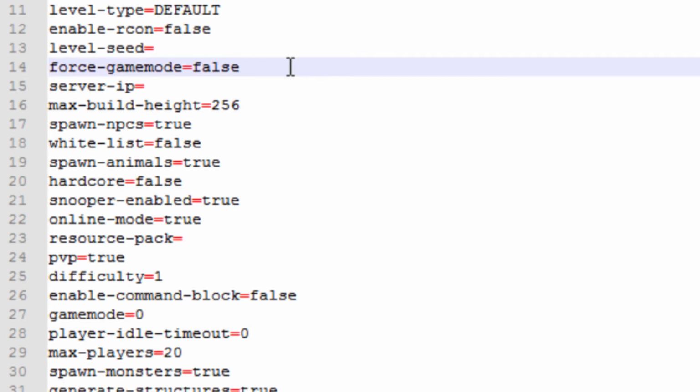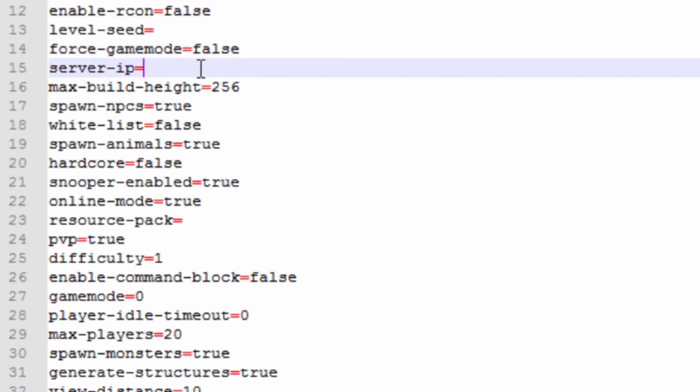So what force game mode is, is like when you're in creative and then you disconnect, and then you come back to the server, it will force you back to the survival game mode. If you're in creative mode and you accidentally disconnect from the server and then come back, it will force you back into survival. Even if you accidentally got creative, or any hacker got creative, if you log back into the server, it will put you back into survival. That's what force game mode is.